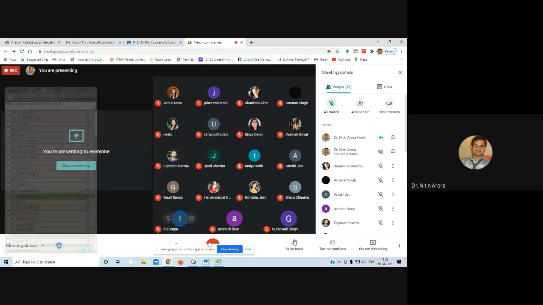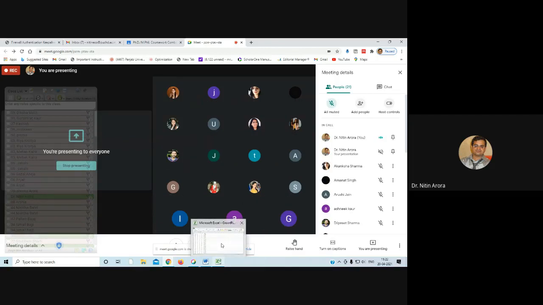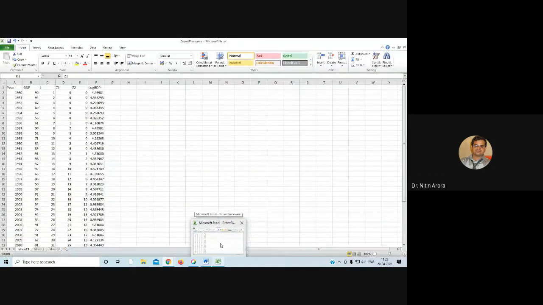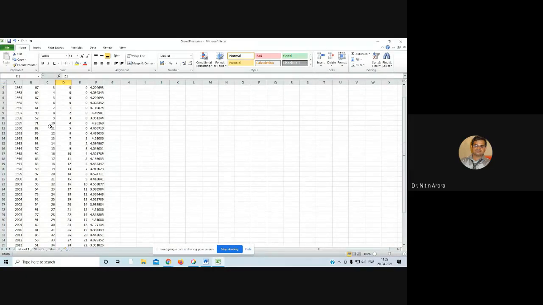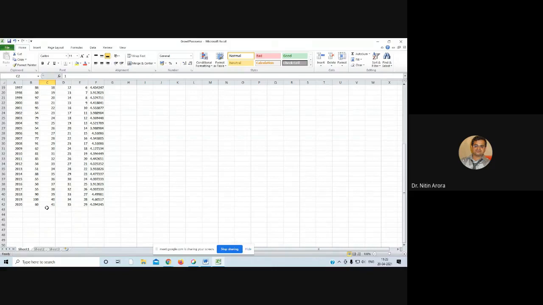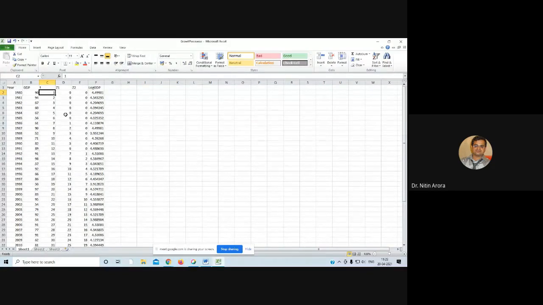Yeah. Bachcho, I have uploaded one Excel file. That Excel file contains different variables like year is given. That indicates the time period, like 1980 to 2020 data is available. Suppose GDP series is given. Time period T is given 1 for 1980 and so on up to the 41st year, that is 2021. There's data of 41 years.